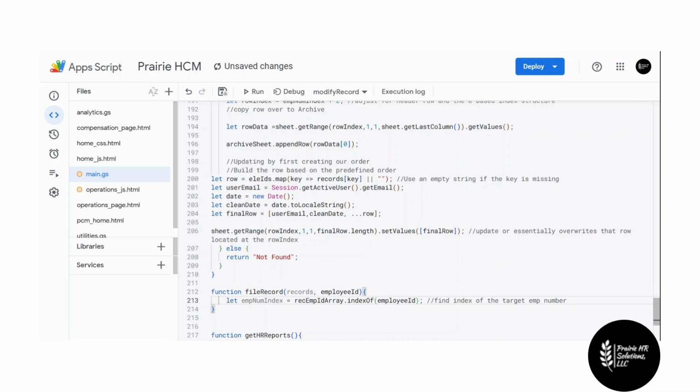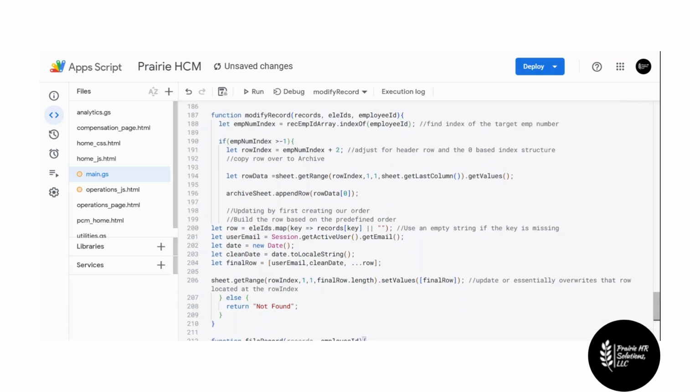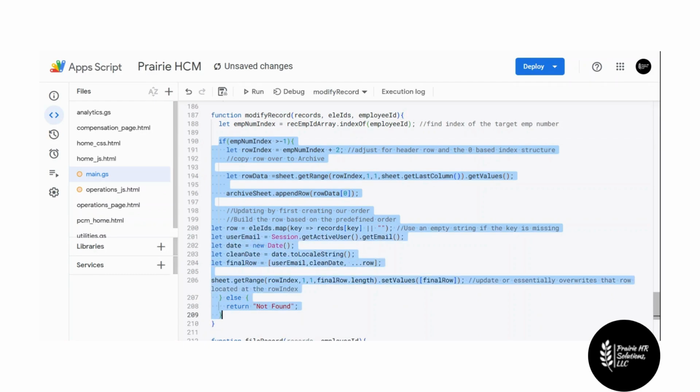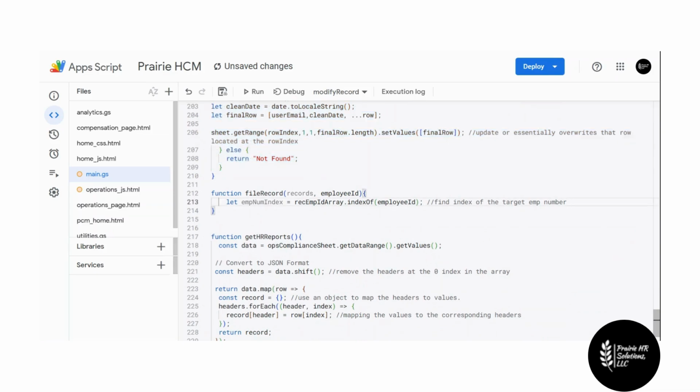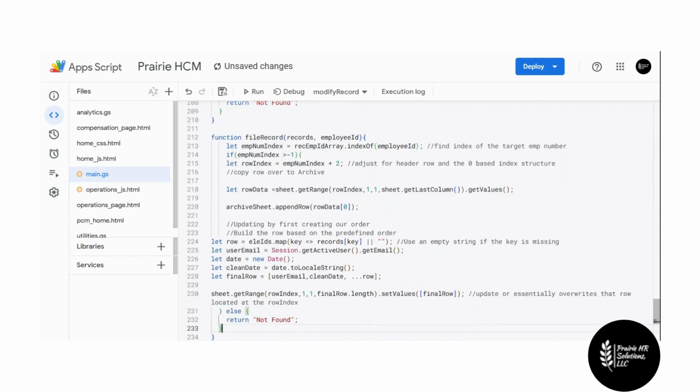And then we're also going to need to run our if statement. So we're going to need to do all this, except we don't really need to return not found. Just have it do nothing. And we're not actually going to,